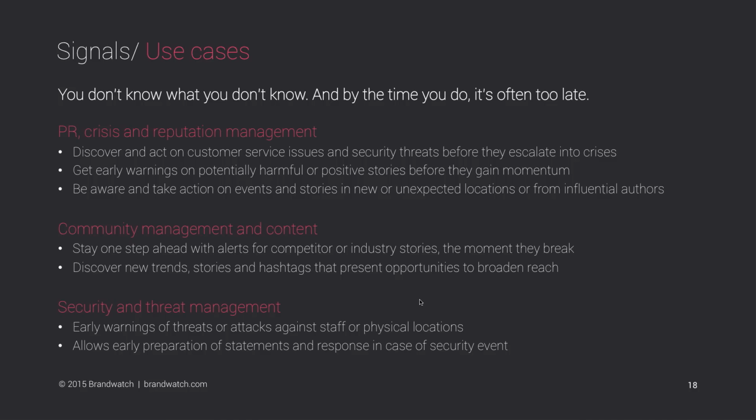And when we look at the use cases, I think it breaks into three main ones for us. So I've been talking about this PR use case, this crisis use case. And that's a big part of what I see of this, is that we can detect crises, we can find things before they've gotten big, before they've gone major. And you know, Brandwatch has an alerting system currently, and so do other products out there, and those things rely on you knowing ahead of time what the issue might be. So you're a broadband company, you might predict that there's going to be some downtime, you might put in a bunch of keywords around crashes or no service, no network, and you might get alerted to that.